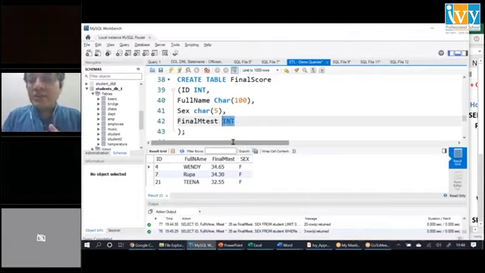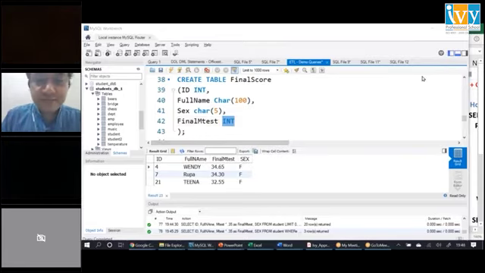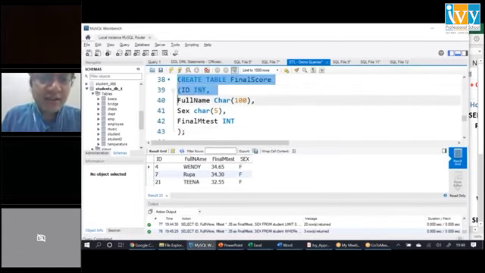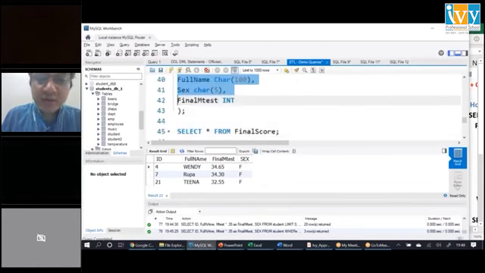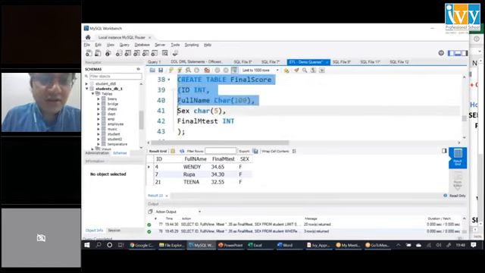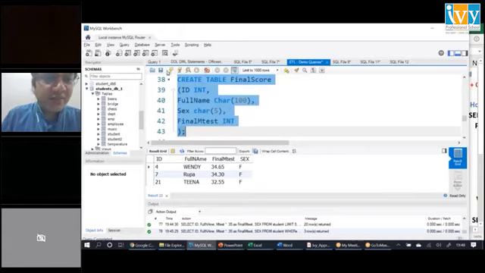Any database will support at least 4 data types. One is your integer, second is character, third is date, and fourth is boolean, yes or no. Does that make sense, guys? Now look at this create table statement. I'm going to give you all these statements, definitely, guys. So when I run this statement,